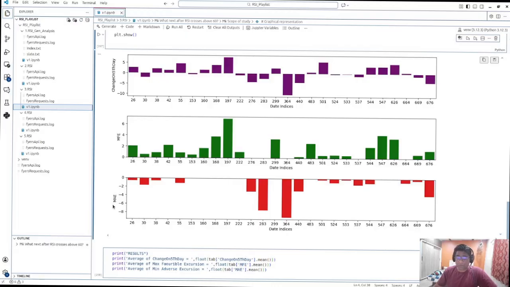And this is maximum adverse excursion. As you can see here, for the 283rd observation at the end of the 5th day, this has been a negative change in terms of percentage. This has been MAE, maximum adverse excursion, and maximum favorable excursion has been 0. When it is 0, that means when RSI crosses above 60 or crosses below 60,